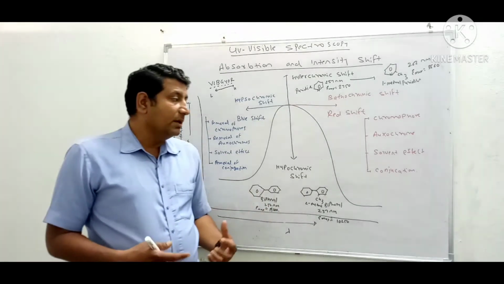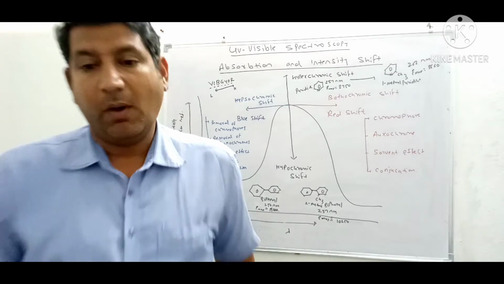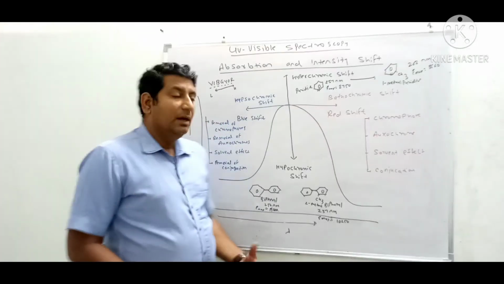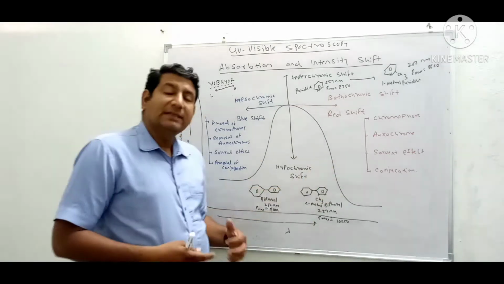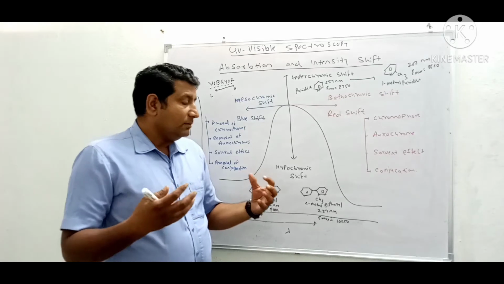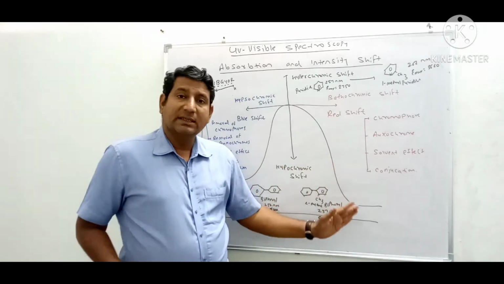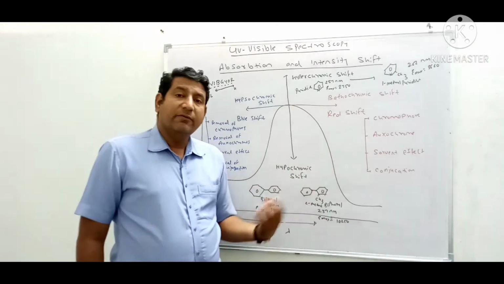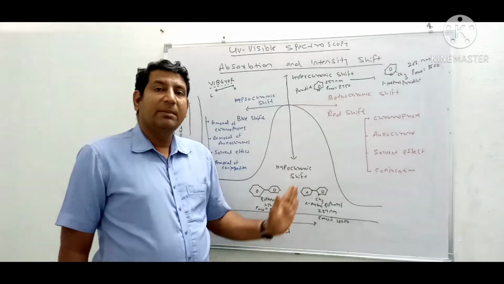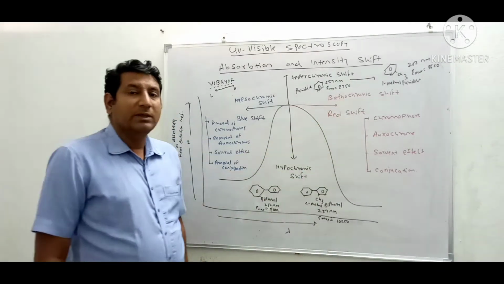Conjugation is the formation of double bonds or triple bonds. As conjugation increases, as the number of bonds increases, the lambda max also increases. If there are more double bonds or more triple bonds, gradually the lambda max of the compound increases. So these are the basic four reasons for bathochromic shift.